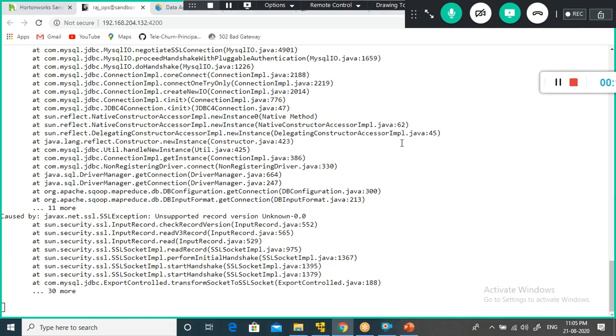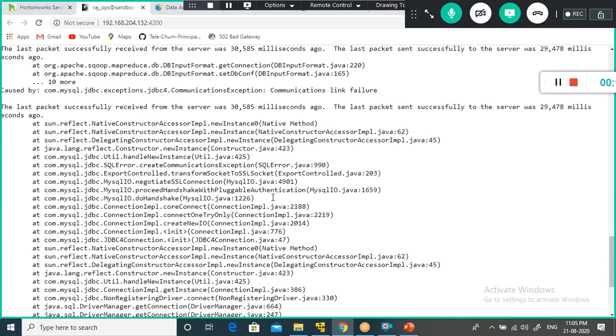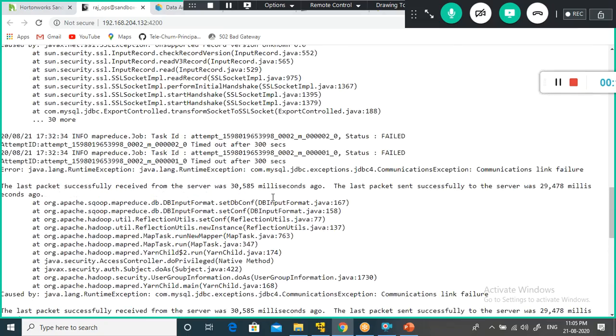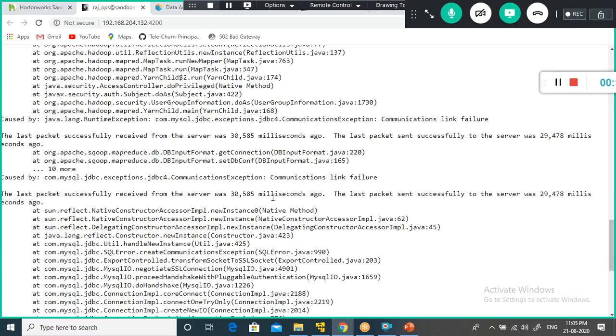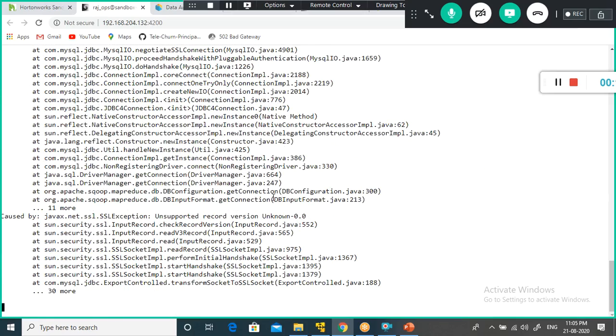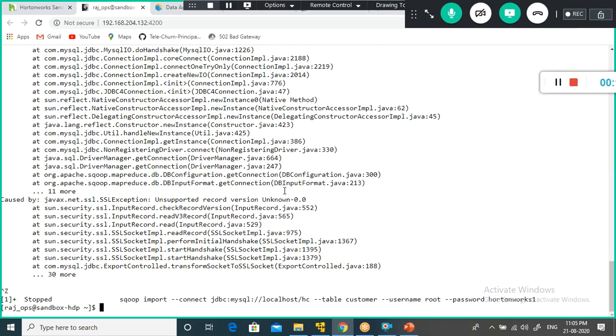The only thing is, earlier I checked, it was working fine in the past, and even Cloudera, even Hortonworks also I checked, it was working fine, the same command only. It is failing now. Is it because of the JDBC driver version issue or something like that? No, that is not a problem, because on the same system I was able to import the data. There is nothing related to JDBC.